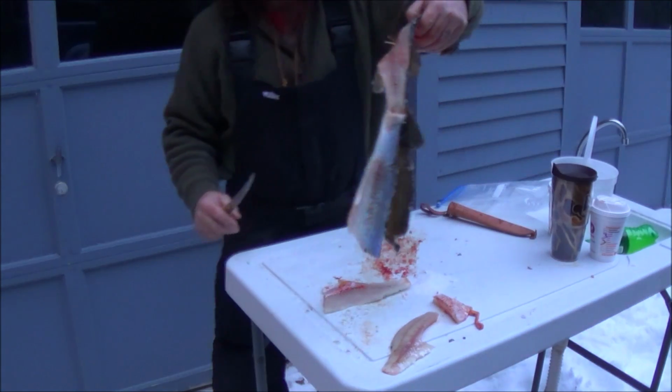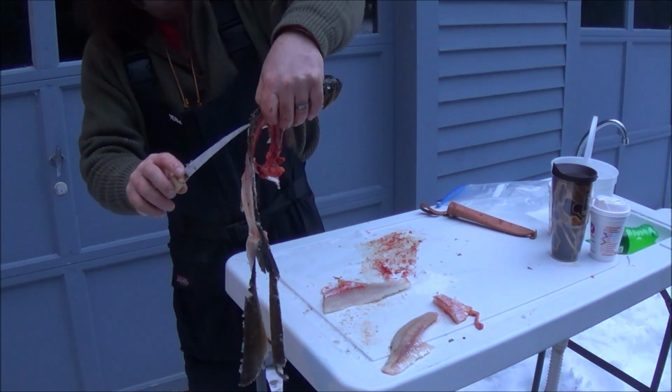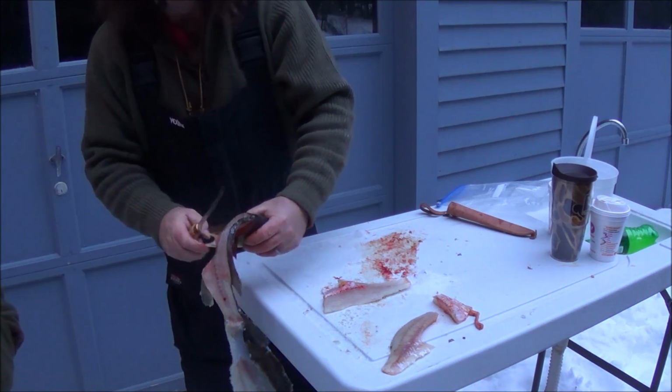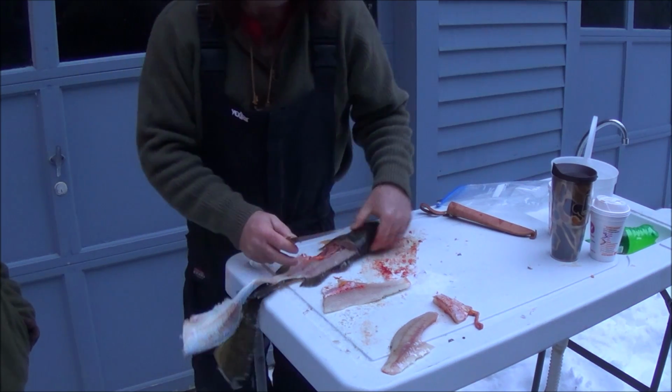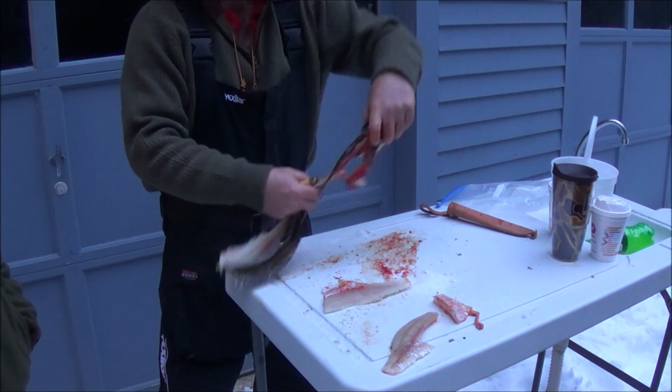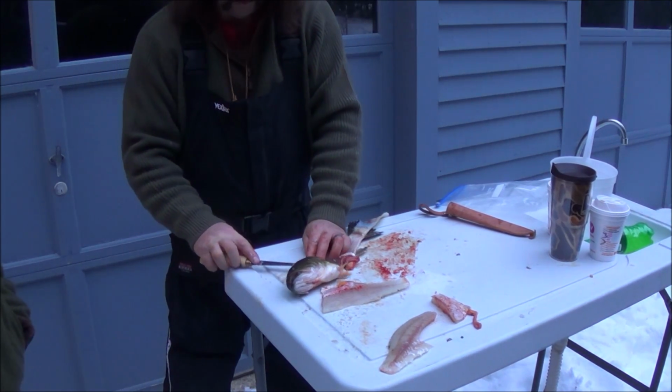Now, you tell me, is there a lot there to eat? That's all, see. A lot of bones. That's just bones. Now, there are cheeks up in here. You can cut your cheeks out, because we don't like to waste. But again, never pull a knife towards you. You go right in like this,